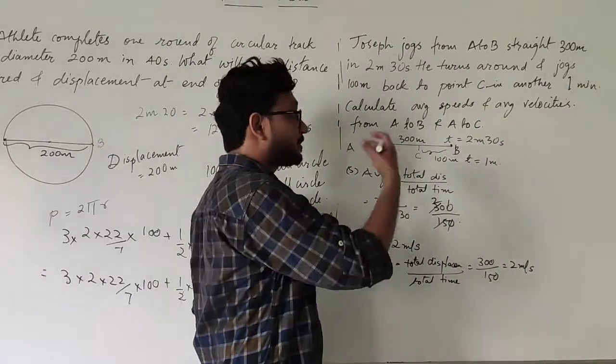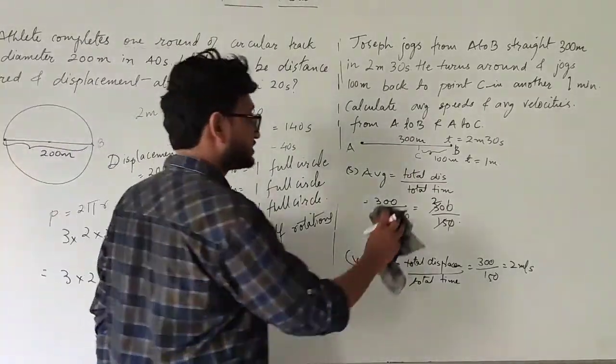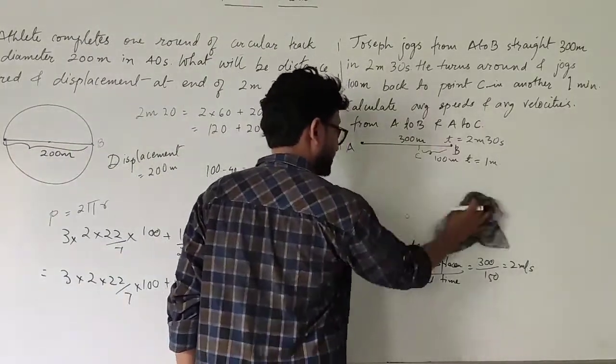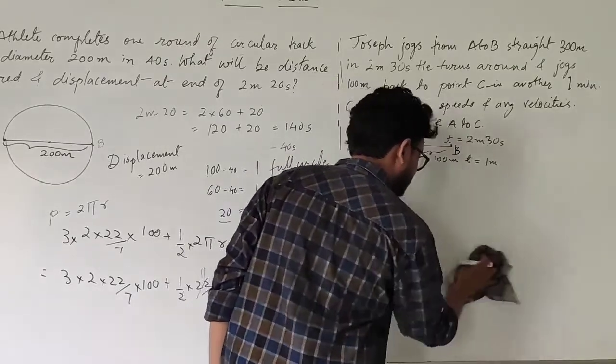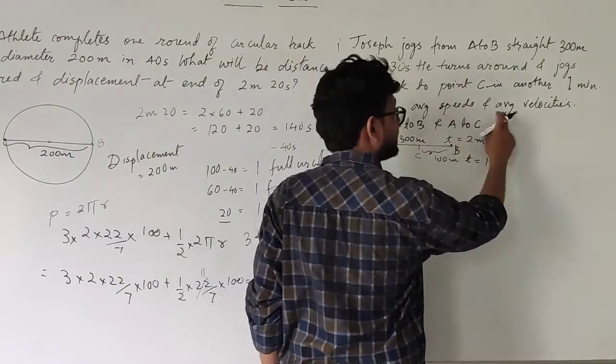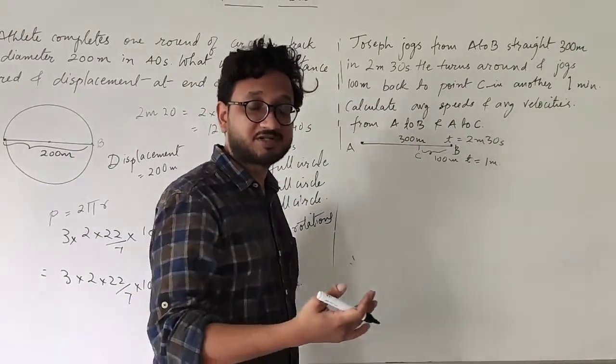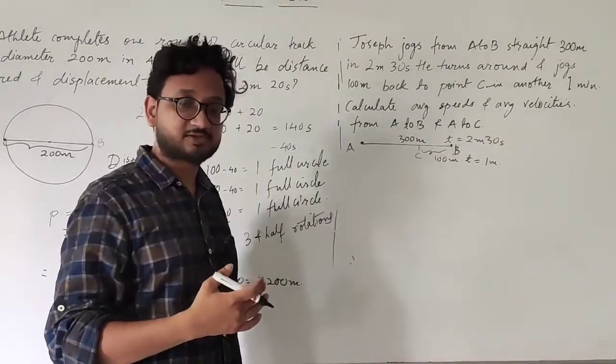But now the next part is getting confusing. So first of all, we remove this so that it is clear for us to understand. In the first case, from A to B, the time and the distance or displacement are the same. It is in a straight line, so it does not change.